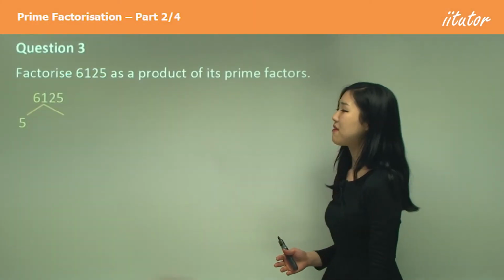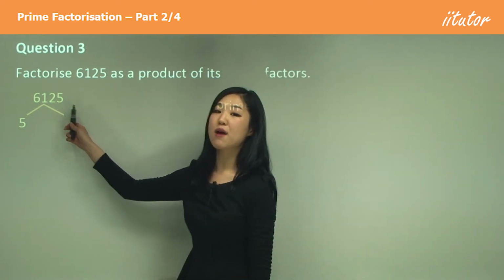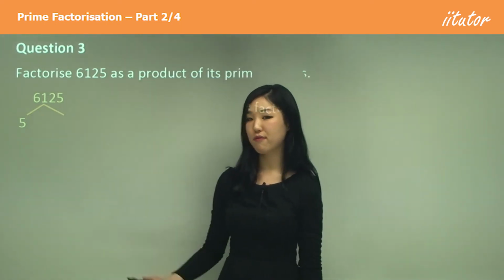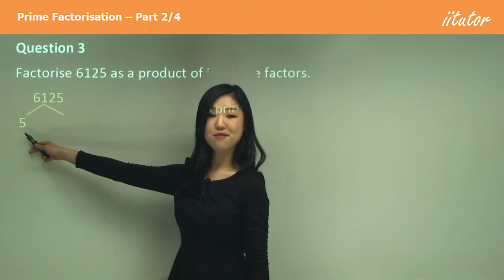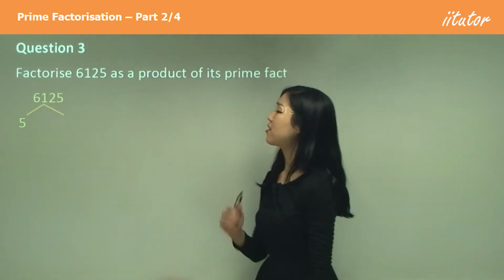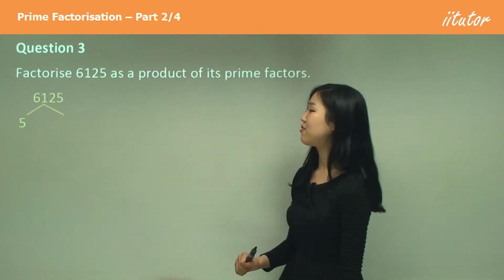So 625. Now because it ends in 5, I'm sure that it's going to be divisible by 5. So I started off by using my prime factor of 5. So I'm going to divide it by 5. So you can go and do the division by yourself. It should be